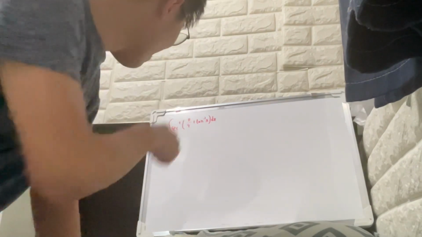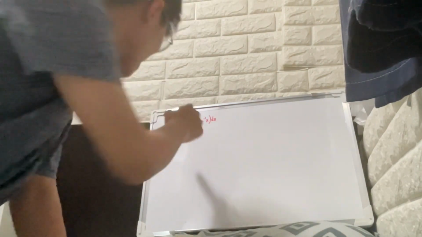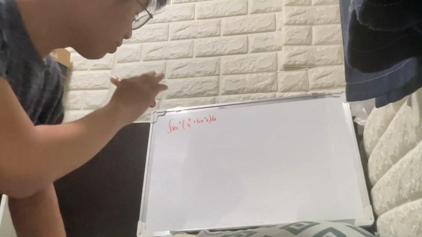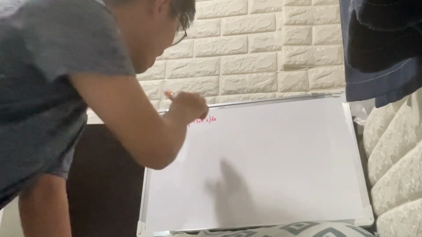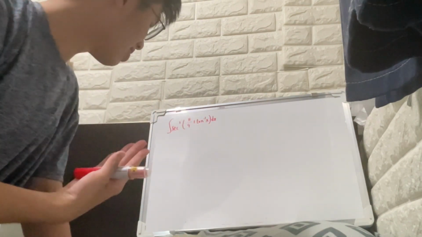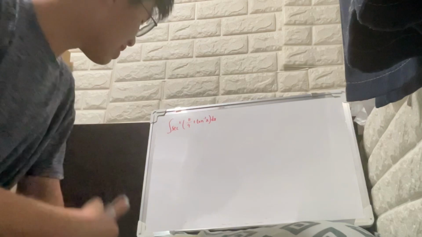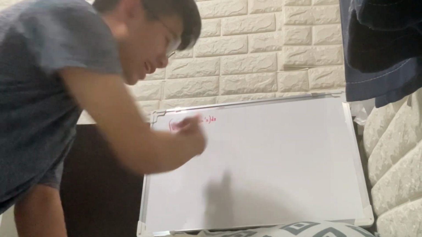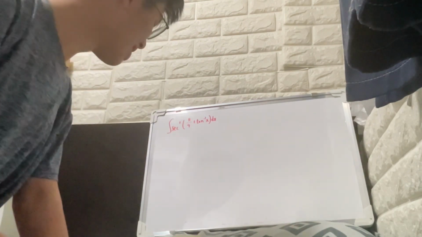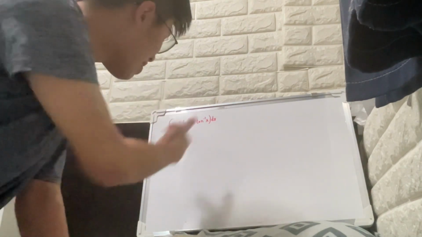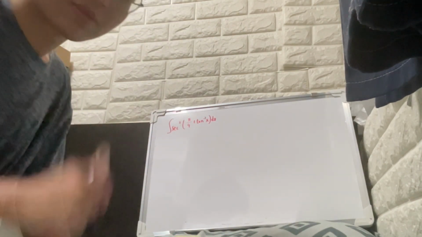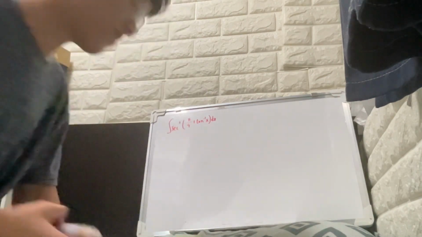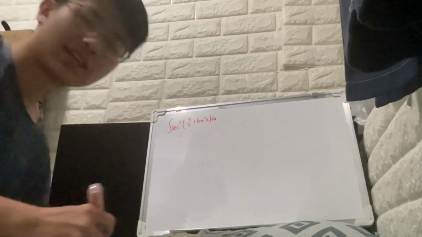Welcome to 4+arctanx. Today we're gonna do the integral of sec² of pi over 4 plus inverse tangent x. Whoa, this looks so indeterminate. You have a sec² and then inside you have another function, inverse tangent of x. This cannot be integrated. But let me tell you, this is equal to